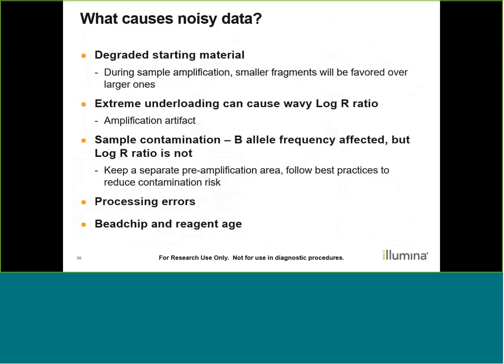What can cause noisy data? Degraded starting material, because smaller fragments will be preferentially amplified over larger ones. Underloading, for the same reason, can also cause wavy log-R ratio. If there's sample contamination, B-Allele frequency is affected, but log-R ratio is not. So in a sample contamination, you'll see multiple heterozygous nodes, just as you would with an amplification, but log-R ratio looks normal. Processing errors and expired BeadChips and reagents can also cause it,